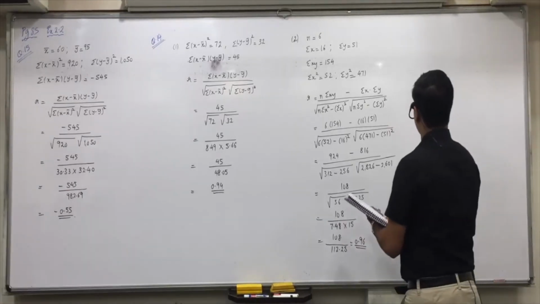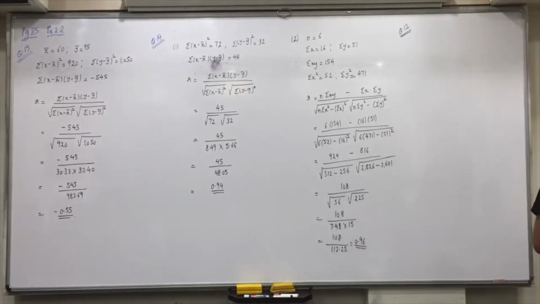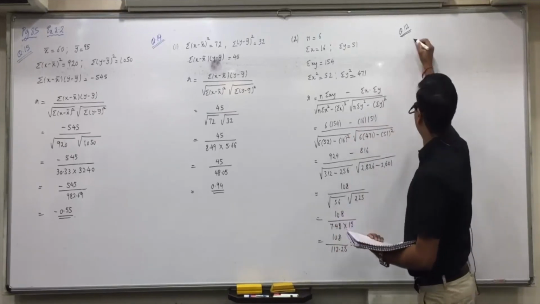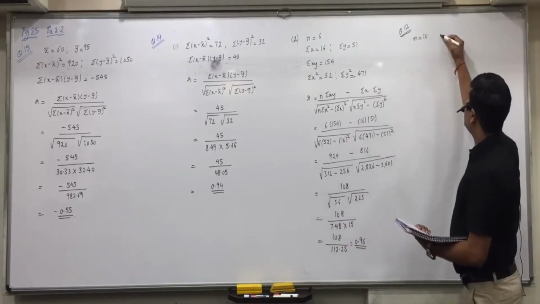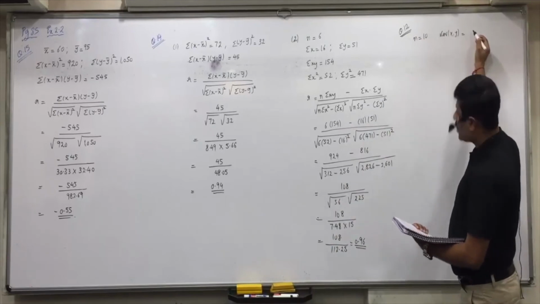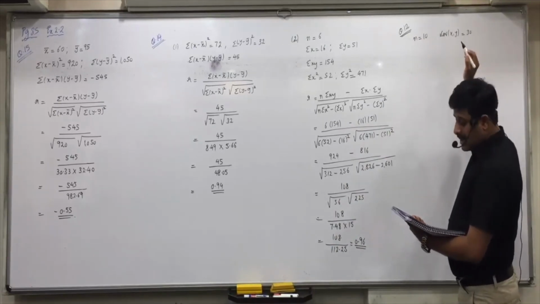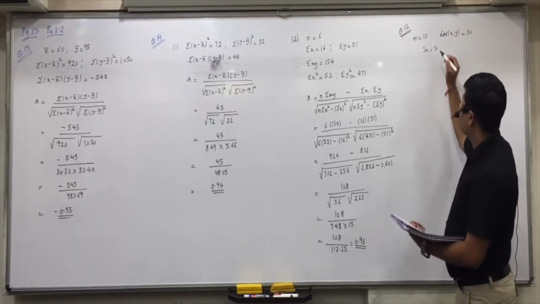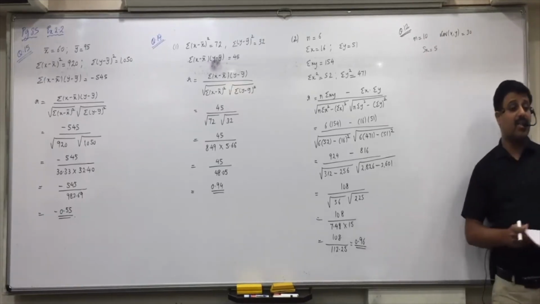Look at question number 12. Be attentive. Yes, silence everyone. Find the correlation coefficient from the following information of rainfall X and yield Y in tons per hectare for the last 10 years of a district. Now see, n is equal to 10. Covariance between x and y is equal to 30. Standard deviation of x, Sx, is equal to 5. And what do you mean by variance of y?